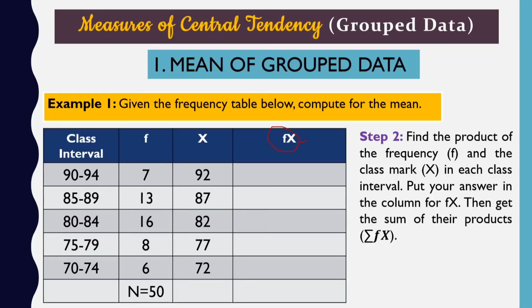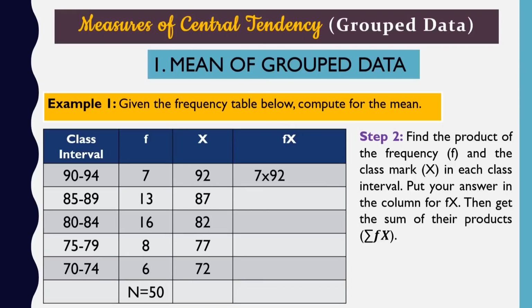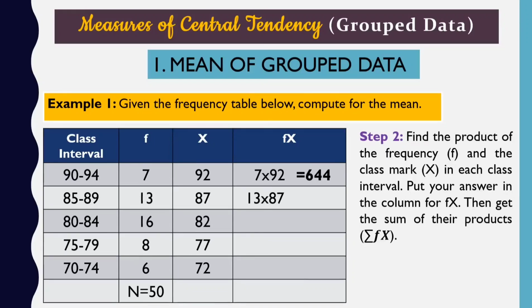Okay, so f for frequency and then x for class mark. Let's start with the product of 7 times 92. 7 times 92 is equal to 644. The next pair is 13 times 87. The result is